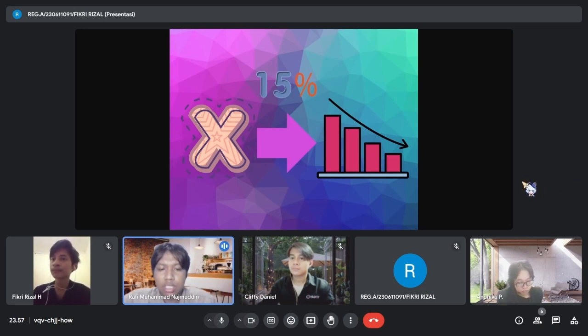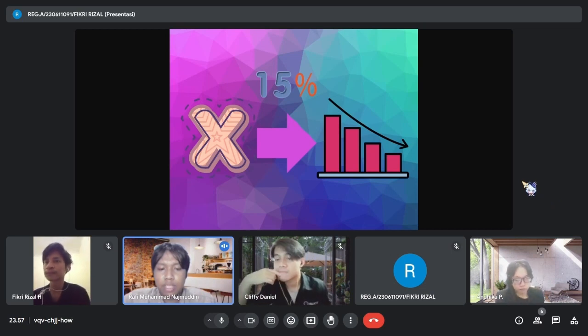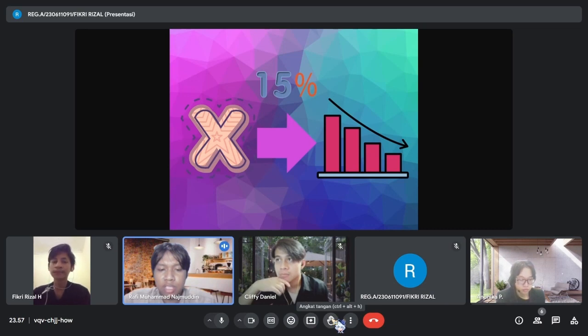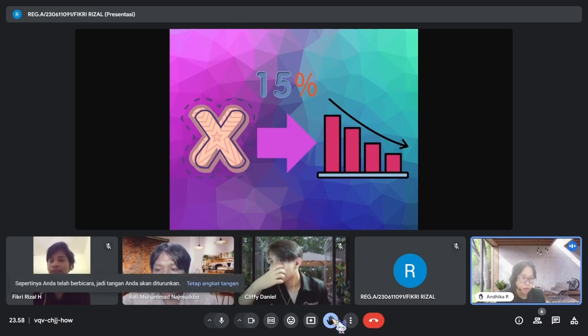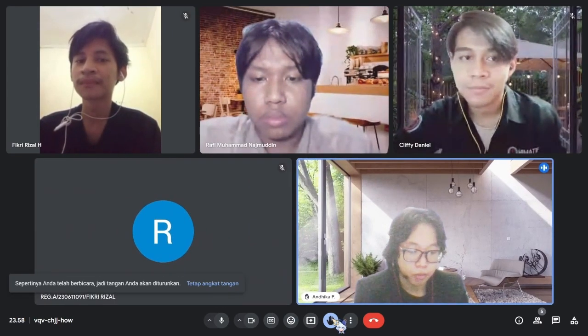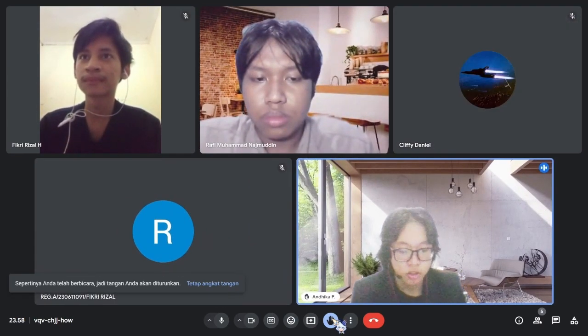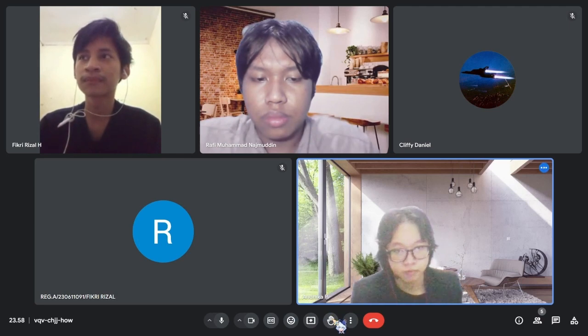Now, let's determine who is responsible for each of these steps and set a timeline for their execution. Is there any additional input from other member before we establish this action plan? Yes, Dika? Okay, I think it is important that we continue to monitor and evaluate the performance of the marketing campaign and new product implementation periodically to ensure that we are on the right track.